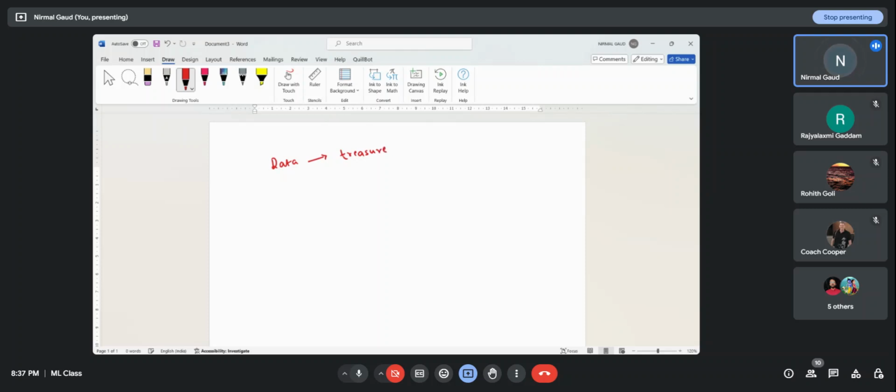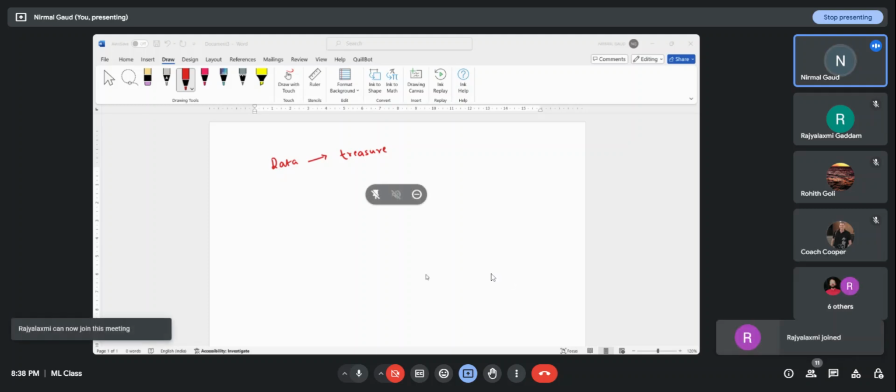Why? Because people's data, organizations' data, industry data, government data, all are present over the internet in form of websites, in form of any other medium or way. Okay, so what we want to do